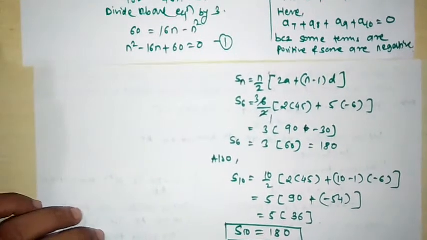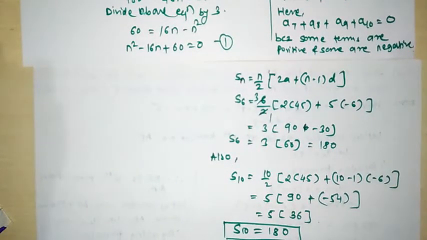From this also we can say that, or directly you can write, there are some positive terms and some negative terms. Therefore after the 6th term, the 7th term, 8th term, 9th term and 10th term, the addition of these terms is 0. Therefore you can directly say that two answers are possible. Like this also you can express, or you can use this formula and explain the double answer.